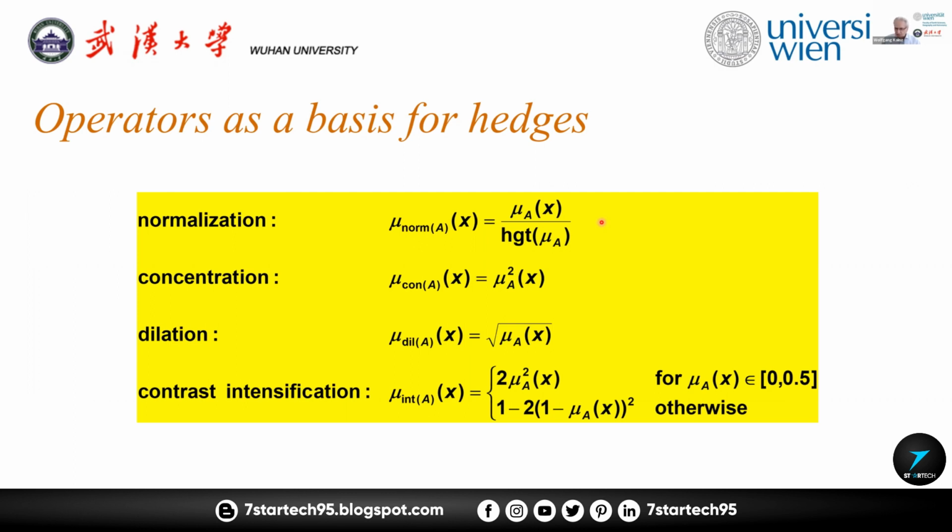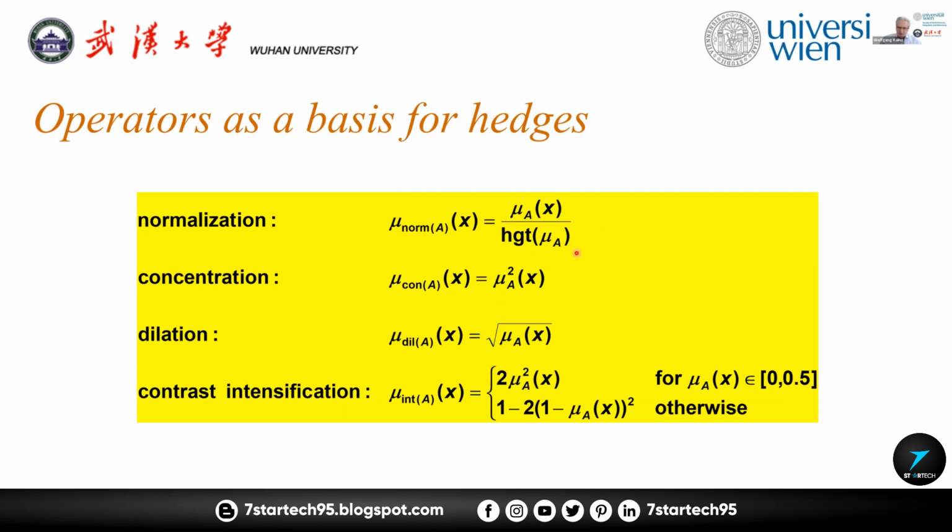So we reach a normalized fuzzy set by that normalization operator. Then the other one is called concentration. Concentration means we take the power of the membership values. The most common concentration operator is using the square of the membership